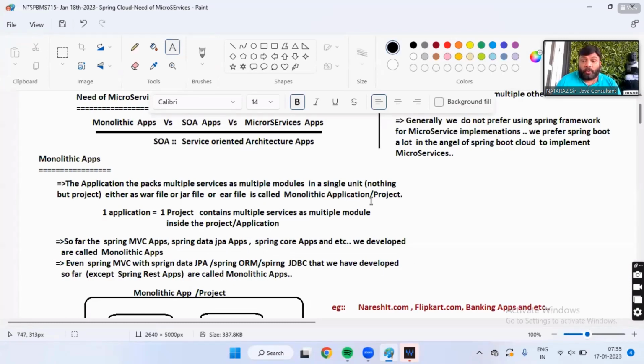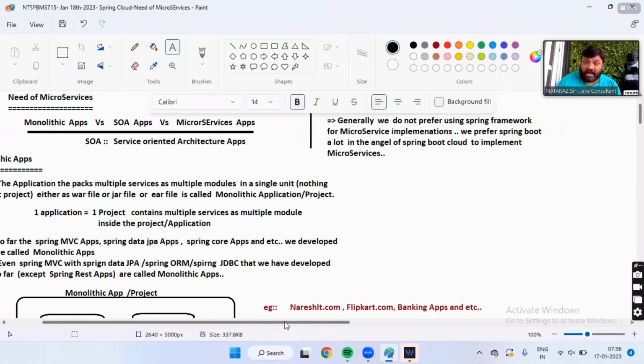Whatever mini projects and applications we developed so far, knowingly or unknowingly, we are following monolithic architecture. There may be a number of layers and modules, but all are packed into a single jar, war, or EAR file. That's why it is called monolithic architecture.